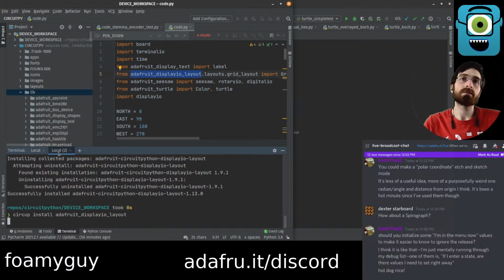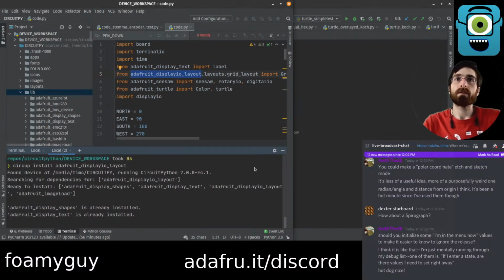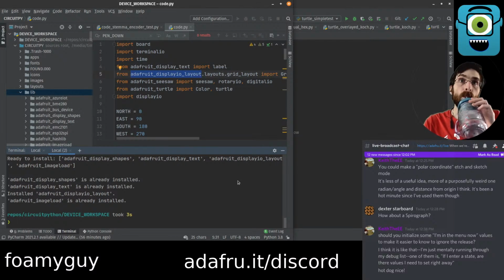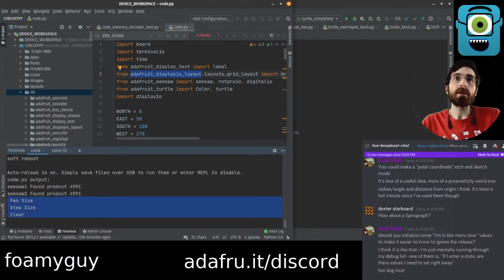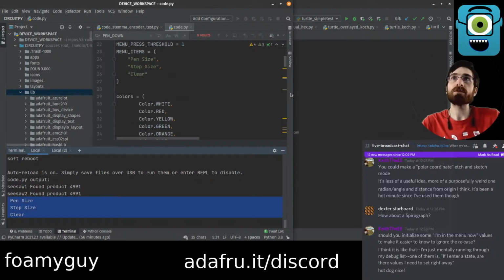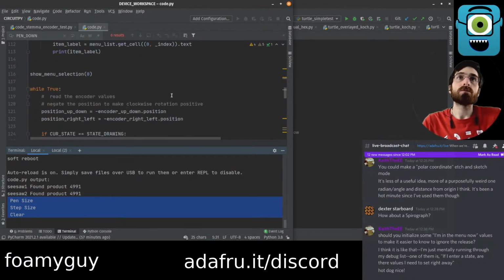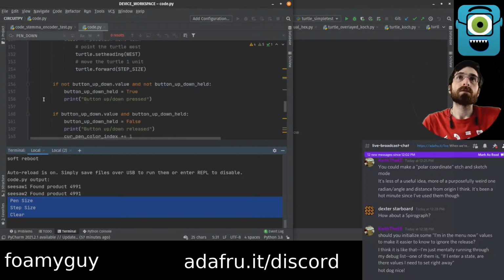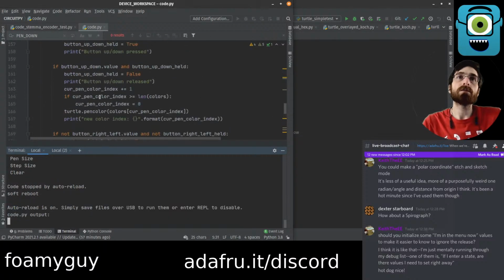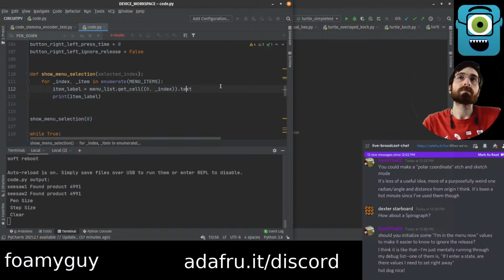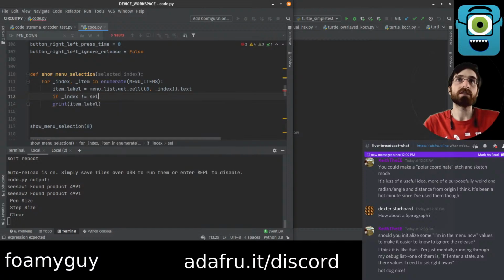Update install layout. Okay, there we go. So we are properly looping through our labels. We're getting our text out of the label. So now we go, now we go if index is not equal to selected index,